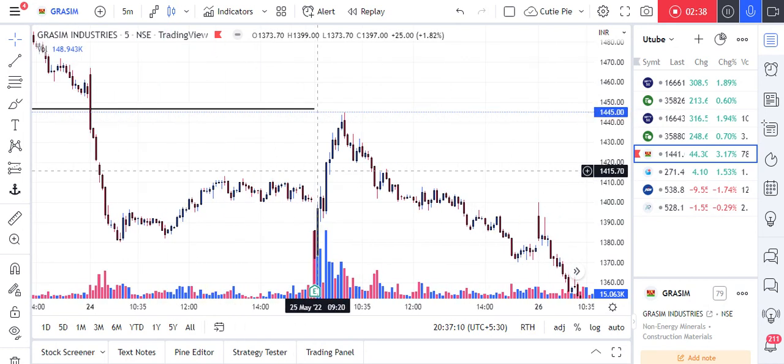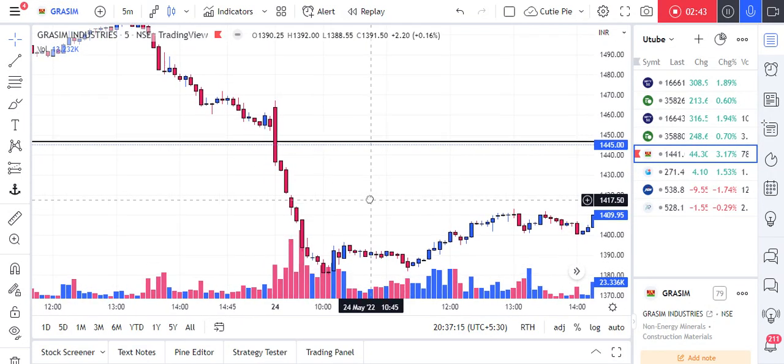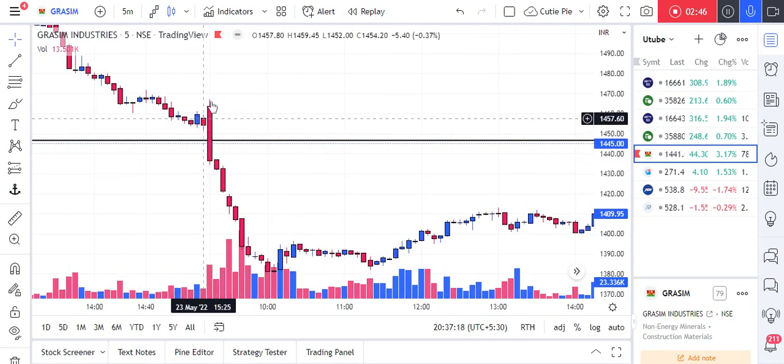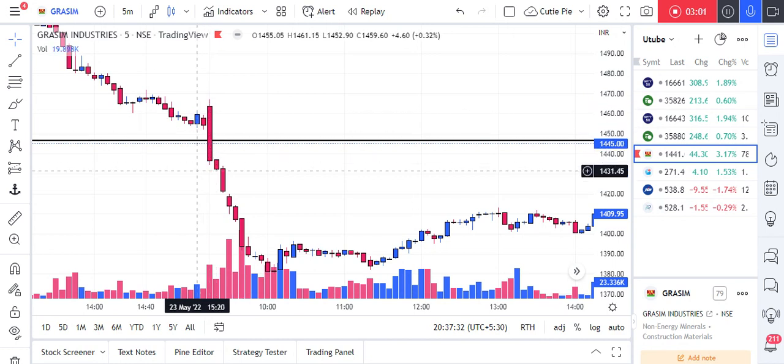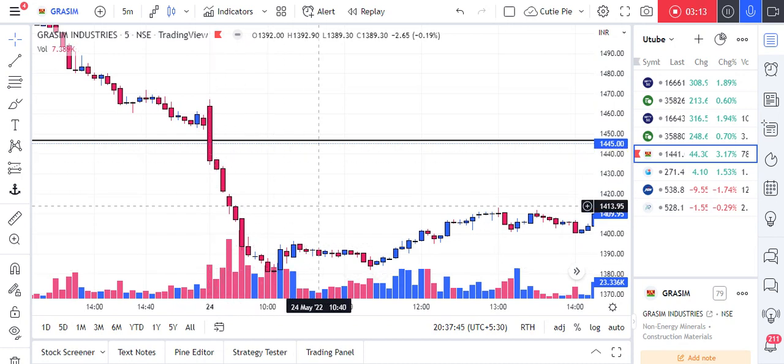So the first candle, see how the first candle has formed. The first 5 minutes candle opened above this low and closed below this low. See the candle, it's a very strong bear candle, right? So it has broken from above and closed below, so it means it is very bearish. So you can go short below the low of the first 5 minutes candle, and you can take a 1 to 2 profit. The price fell down very nicely.